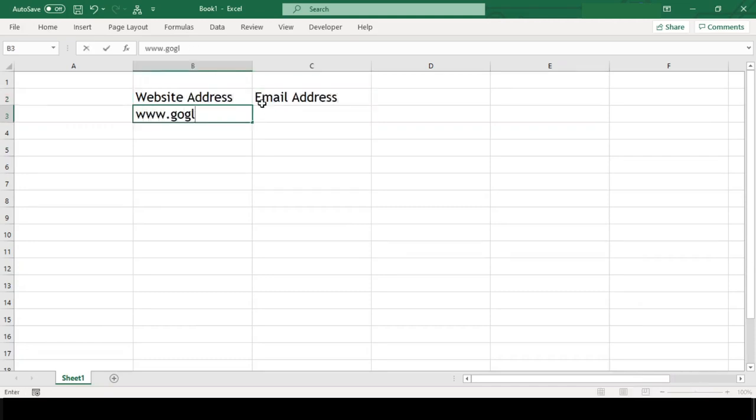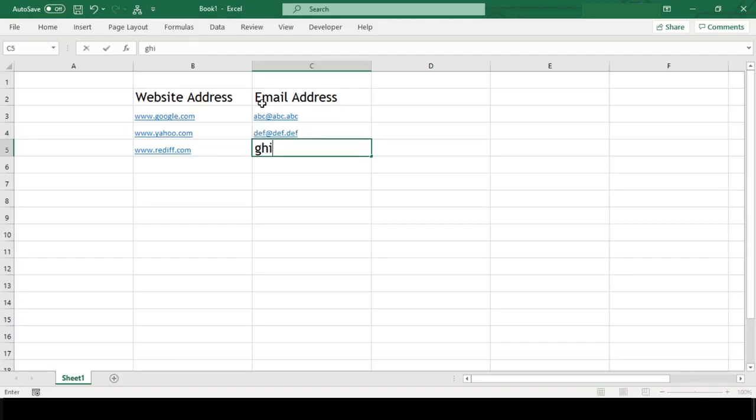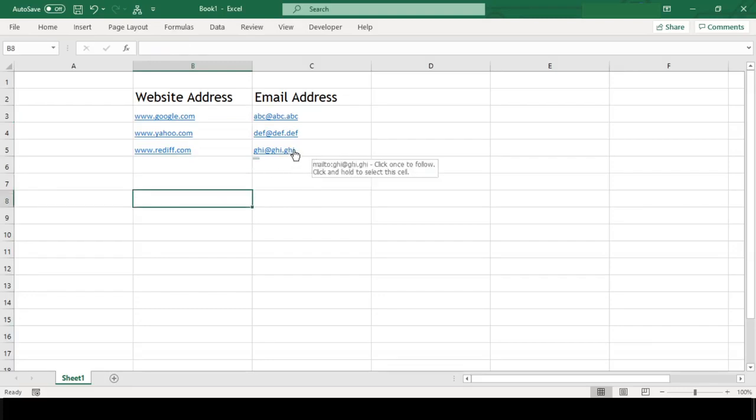When we type a URL or email address in Excel, by default Excel converts this plain text to hyperlinked text. Generally, this is not the preferred behavior in the worksheet. When the plain text is converted to hyperlink, we need to be more attentive while working in the Excel sheet that contains hyperlinked text, because then we need to click on the blank area in the cell containing hyperlinked text to select the cell. Otherwise, the link gets clicked.